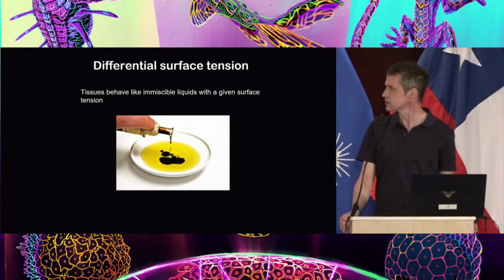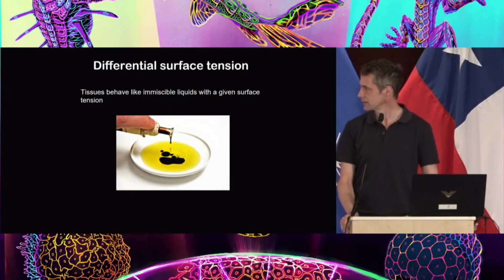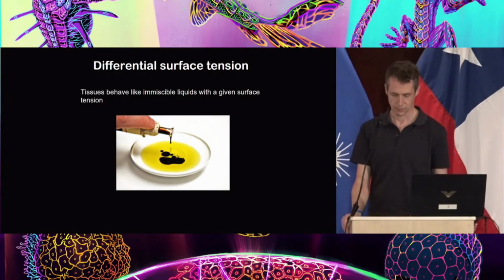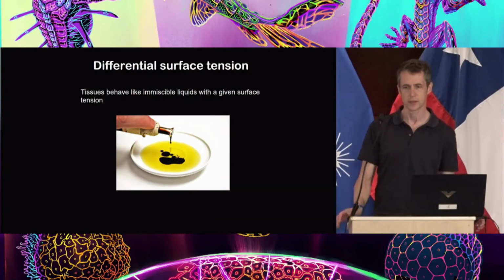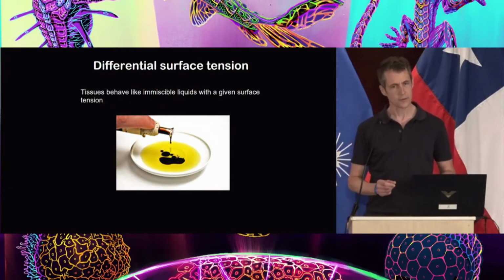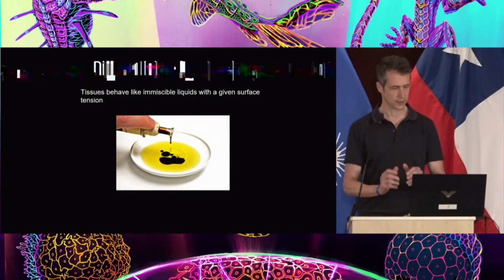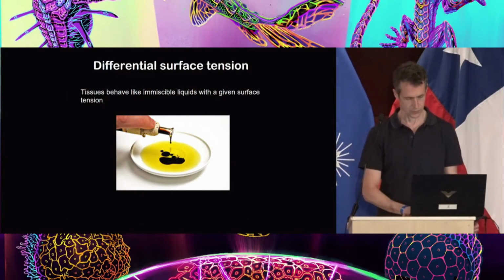Like in this case, what I put in the picture here would be oil and vinegar, or oil and water. If you intermix them, everyone has seen that they do not intermix, but that the vinegar is being surrounded by the oil, because the vinegar, the water, has a very high surface tension and wants to round up, and the surface tension is higher than oil, and then the oil essentially surrounds the vinegar. So the idea is that tissues behave like liquids, and when you intermix oil and vinegar, they will eventually sort out, and you will have your clutch of vinegar and your bubble of oil, segregated from each other.